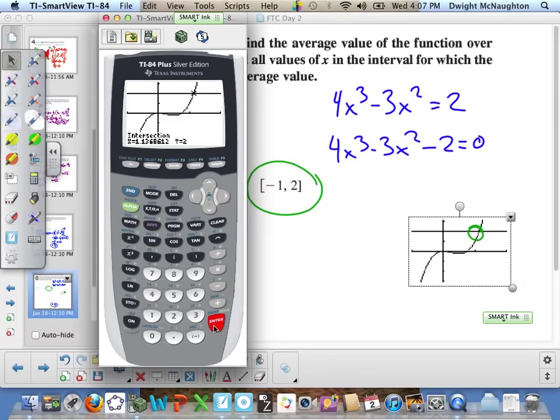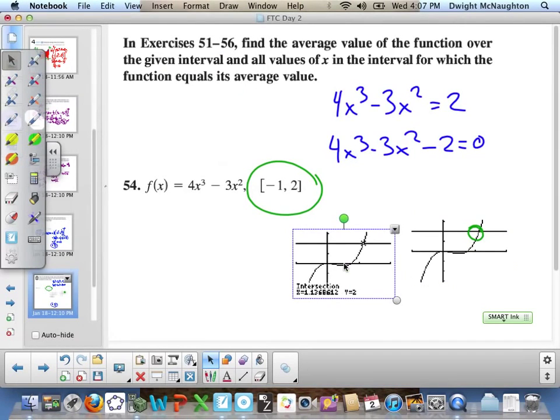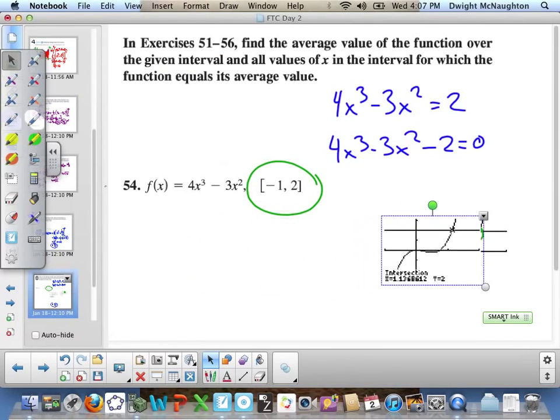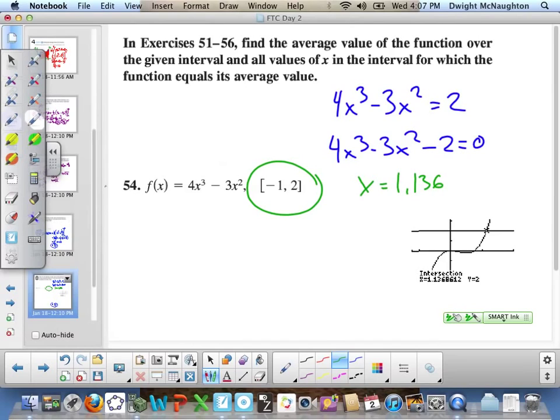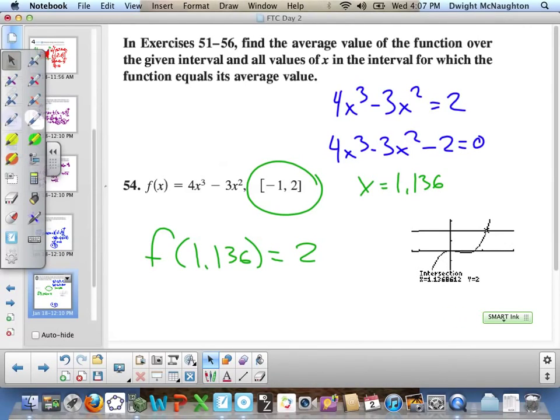And I can see my intersection, x equals 1.136, or I can say f of 1.136 equals 2. All right? So in review,